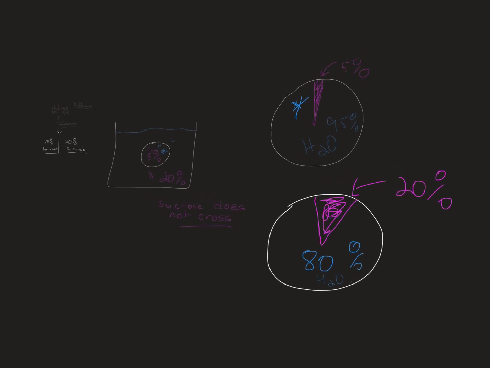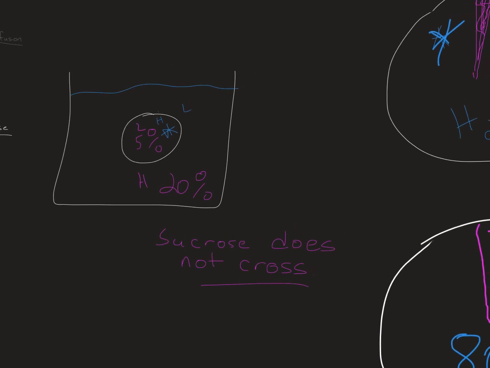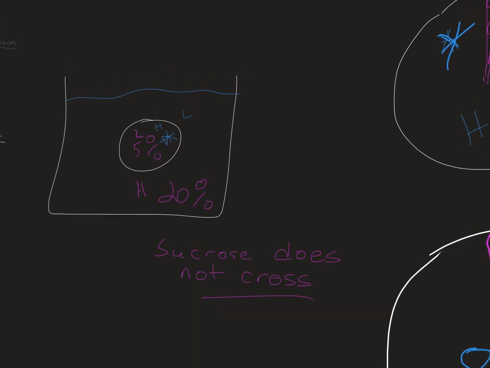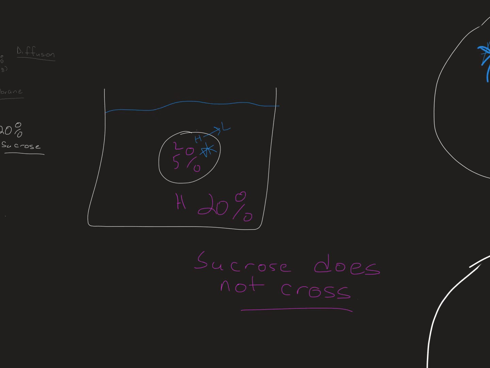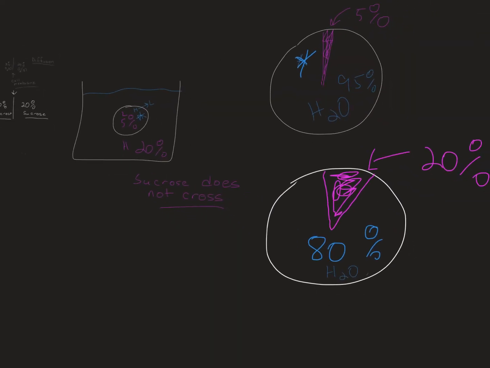All right. So if the solute can't cross, water will cross. But if it's going to be passive, what do we know about passive transport? What must happen? It must go from what to what? High to low. So it has to go from its high to its low. Water has to go out. It's the only way it's going to do it without being forced in. So water goes out to fill in the spaces, and so the outside becomes more dilute and it gets closer to equilibrium. So you'll reach some kind of equilibrium on both sides of the membrane. Is that clear?